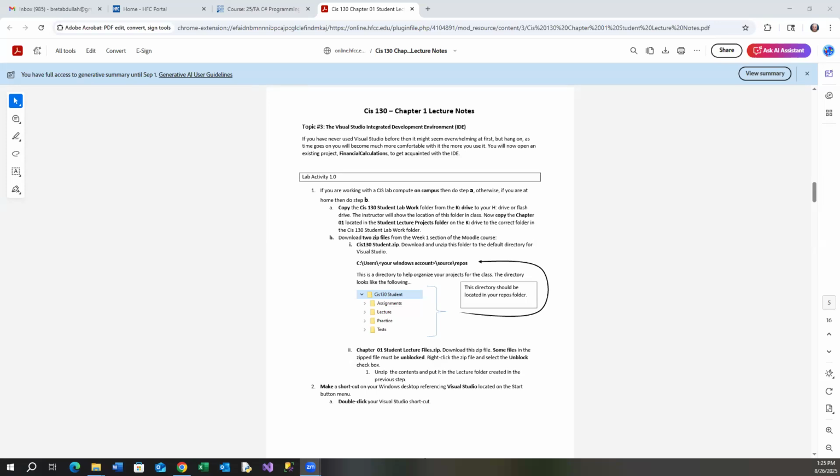I want to walk you through the lab activities that are in our lecture notes. So the first thing we're going to do is set up our folders to retain the work that we're doing. Okay, so let's just go ahead and do that. And basically, what you're going to do is